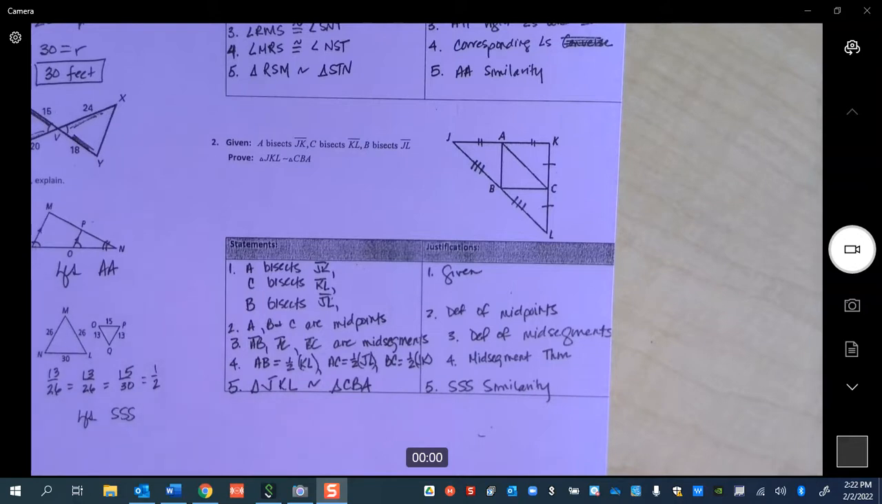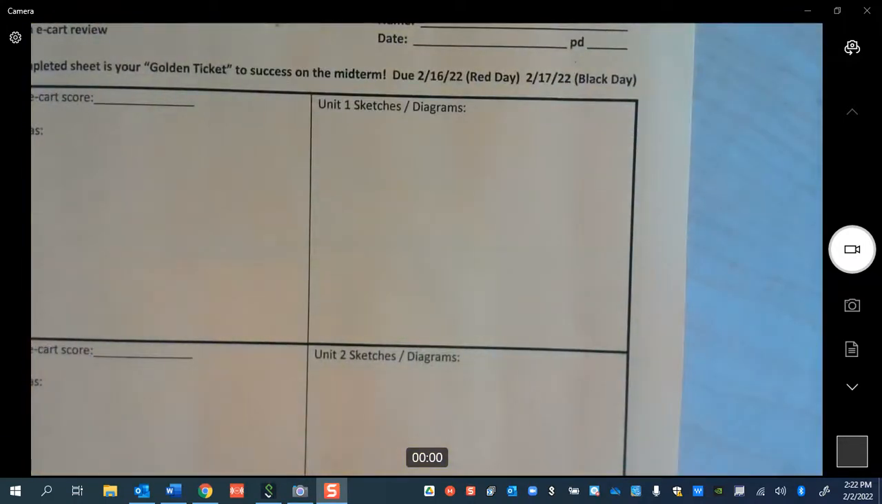All right. When you finish your quiz, you're going to pick up this piece of paper. So I want to talk about this in a minute. Can I please